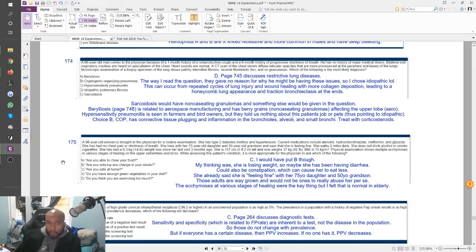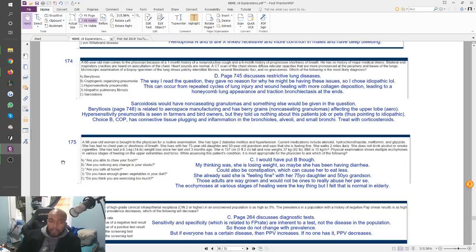Okay? And not to say that she actually gets any elder abuse at all. Maybe she's just not eating much and she's losing weight and she walks a lot, and everything might be okay. But it's very important to ask, are you safe at home? And you can't ask a leading question. You can't be like, has your daughter been abusing you? Has your grandson been abusing you? You can't say something like that. Just a straightforward, open-ended question: are you safe at home? Okay? But I went with B.